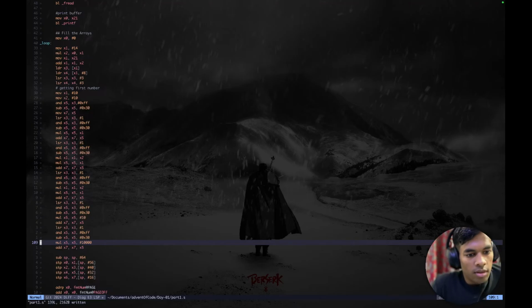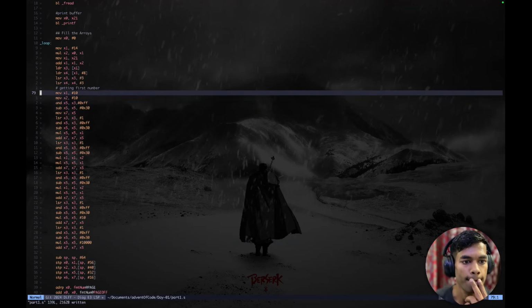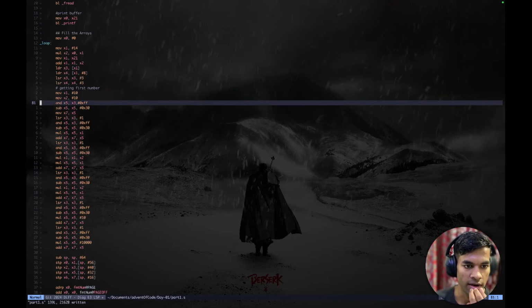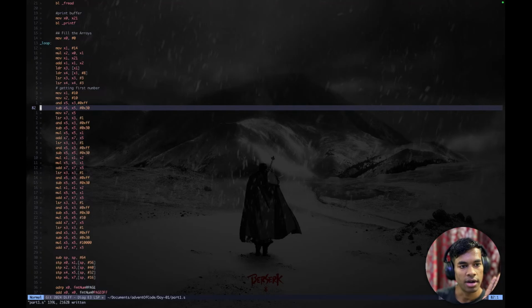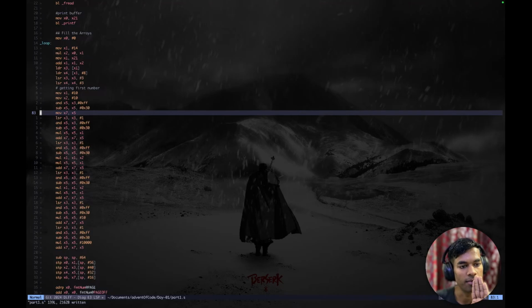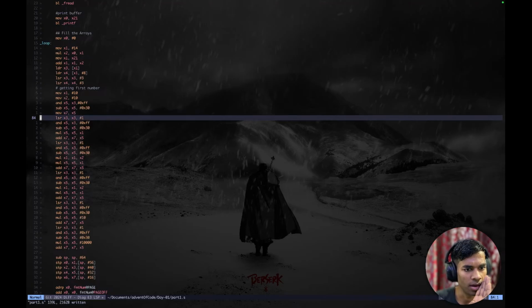But what the heck? Am I trying to get more values than there are? Wait, wait, wait. I got the last bit. I have 5 characters. I got the last bit here. I subtracted the ASCII value for 0 to get the value, and I moved that value to the register on number 7. That is good. And then I left shifted register number 3. Register number 3,